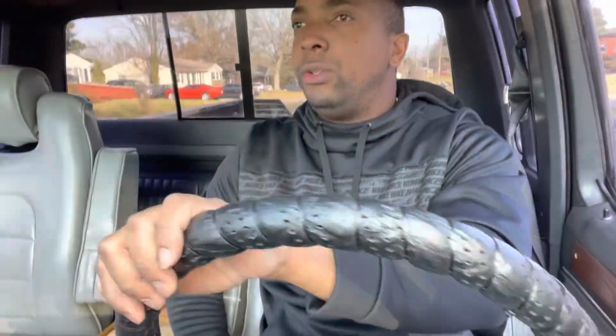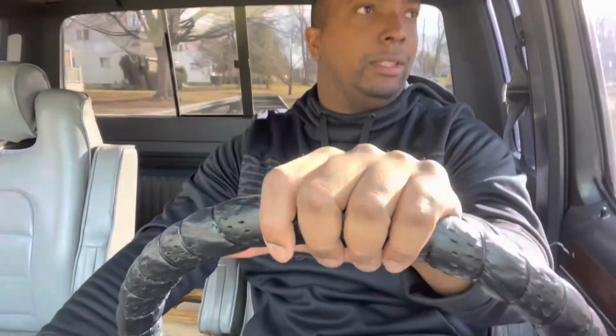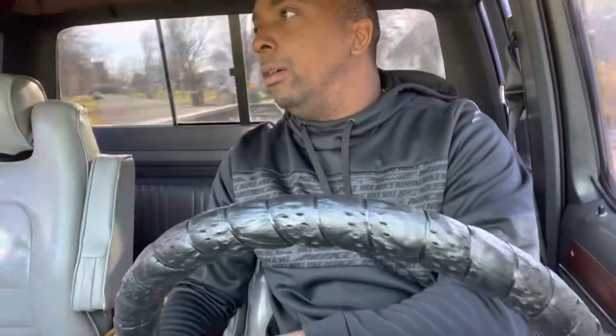Another issue that I noticed with the truck is that there's a little bit of a chattering. I wouldn't call it a clutch chatter because I know some people in the comments are gonna say, "Oh, dude, you need a clutch. You need a clutch." No, I don't need a clutch. I promise you, it's not my clutch. I can shift this truck all day long, and it's not the clutch. It's like a weird